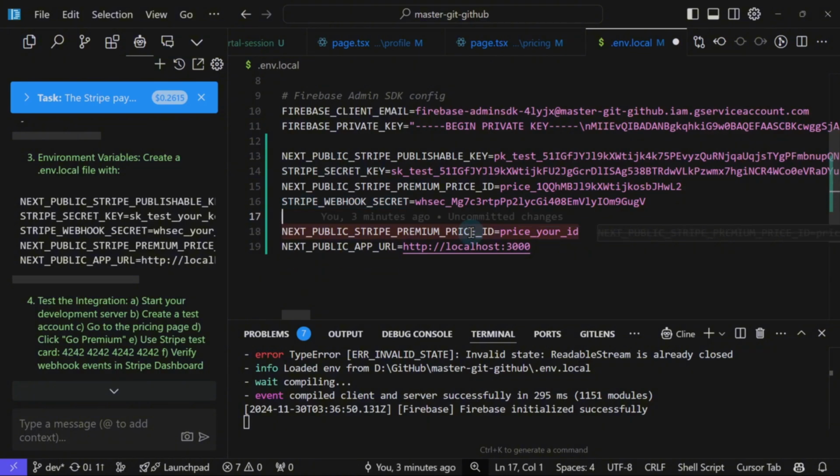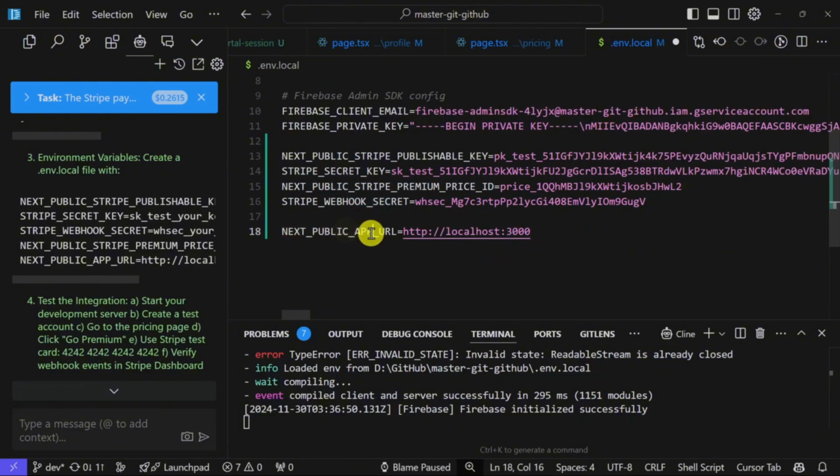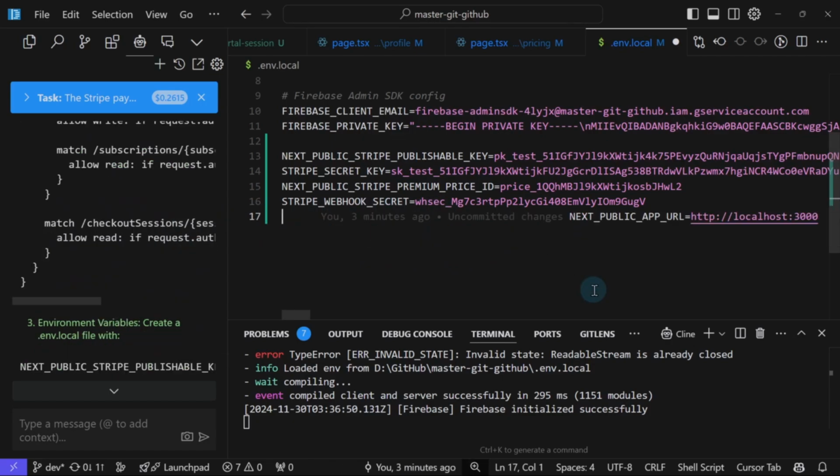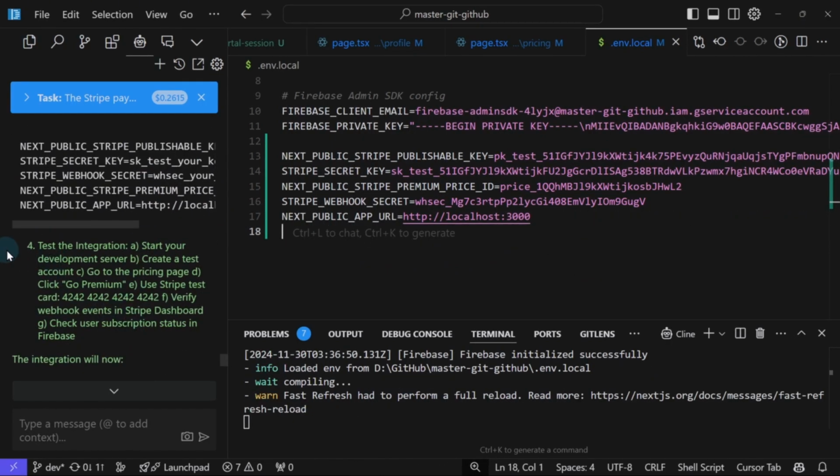Okay, so here Cursor was able to predict what I'm going to do next, and now it's suggesting to remove this by pressing tab because it sees that this variable is already defined there. I will press tab to remove it. However, this one is not available there. So let's just leave it as is, and then let's go to the fourth step.